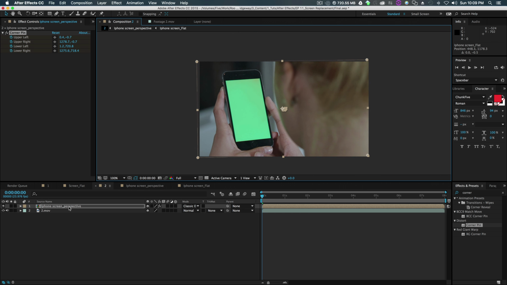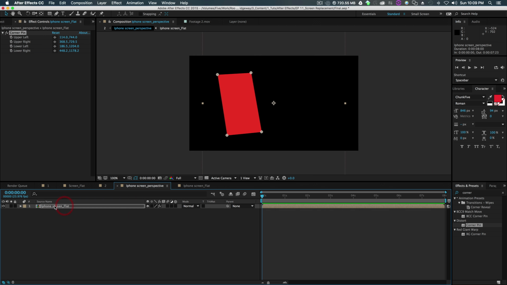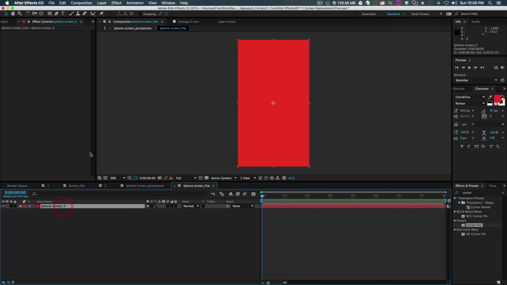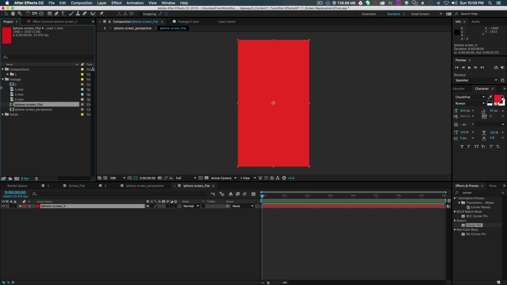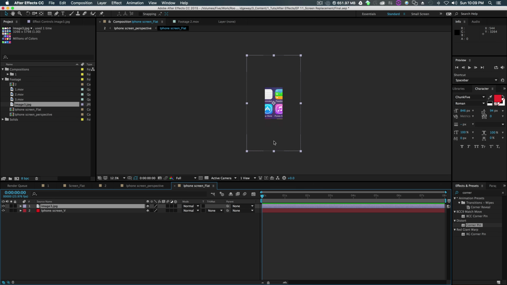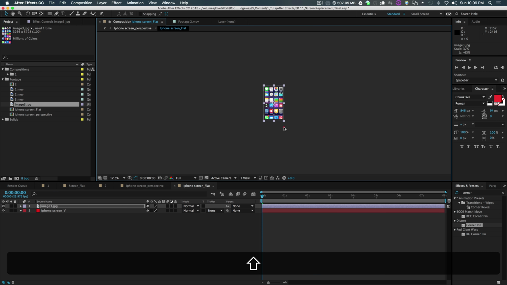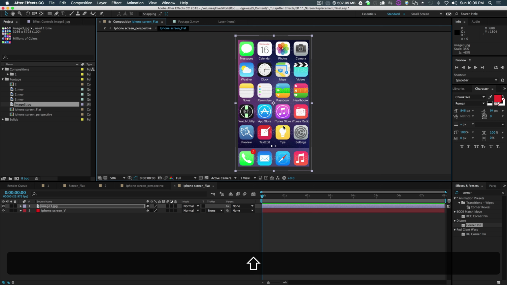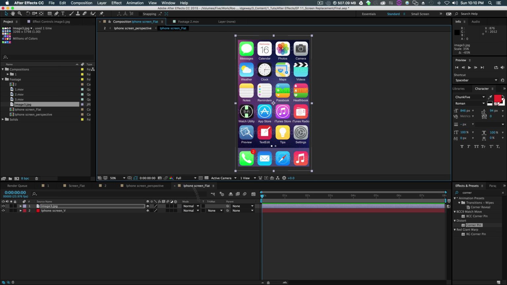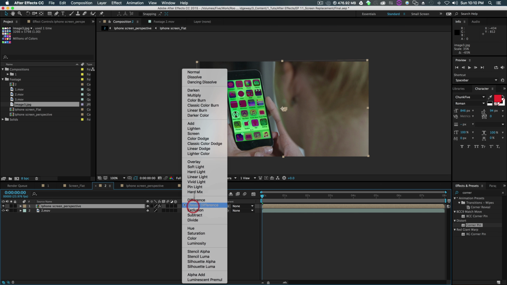We can jump into our flat, so double click flat phone screen. In our project file, I'm going to drag in an iPhone image into our footage folder, which is this image 3 JPEG I just downloaded from Google. And we will zoom it out some. Right there's fine. It's not perfect, but we can jump back into number 2, change this mode to normal,